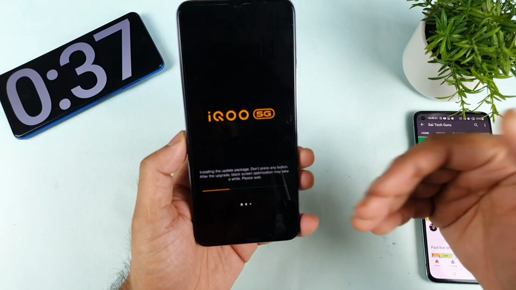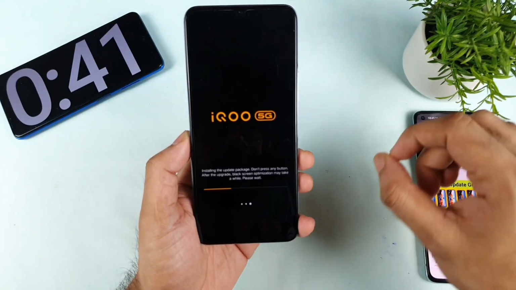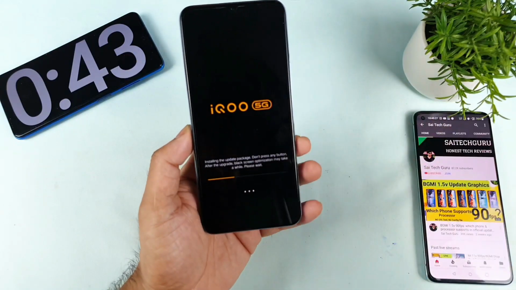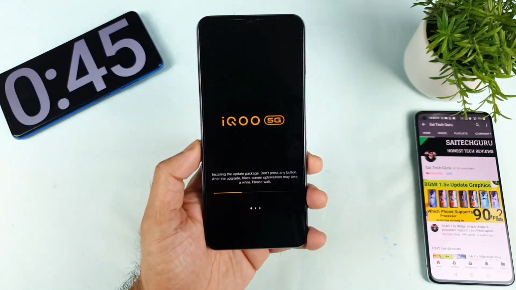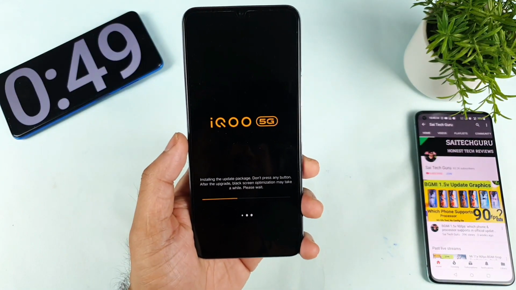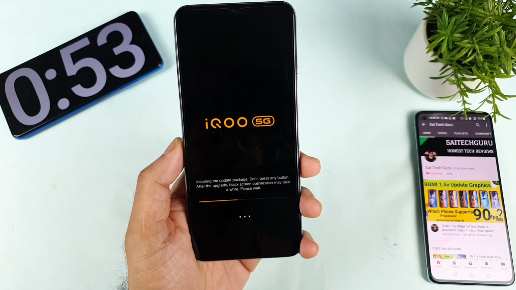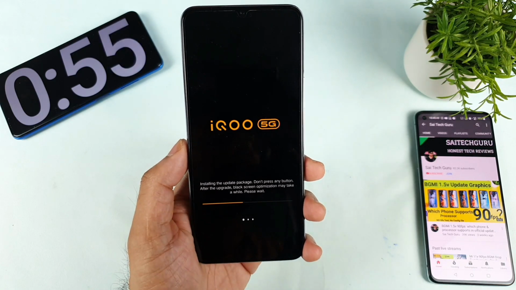Some of the users did press the power button continuously while this update was going on. That is the reason I started to do this kind of test, which might be useful for a few users, just to give a clear idea. Once this update finishes, I'll stop this video and I'll test Battlegrounds Mobile 4D vibrations, and I'll come back with another video as well.